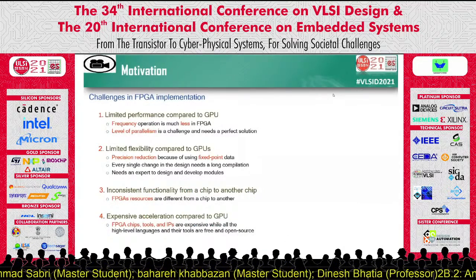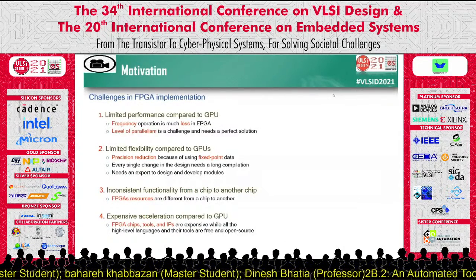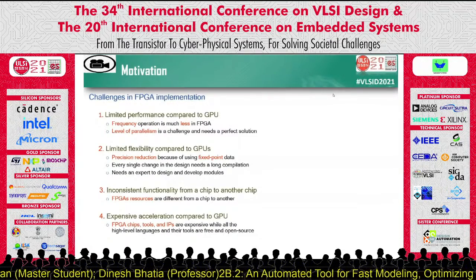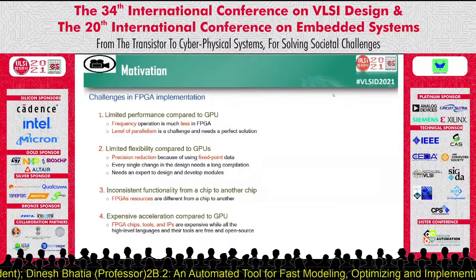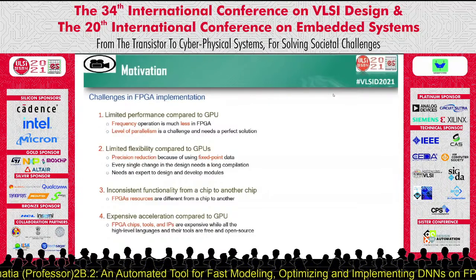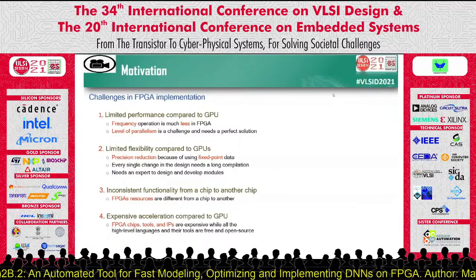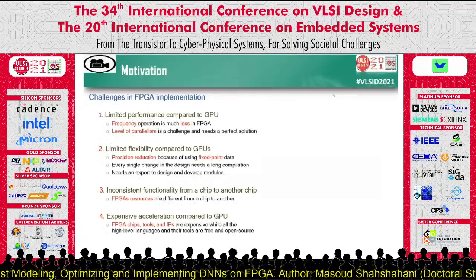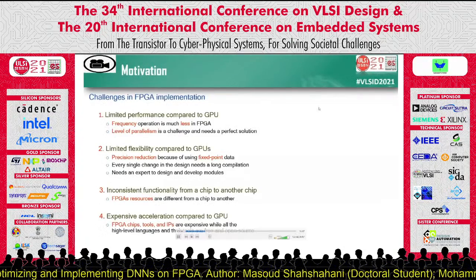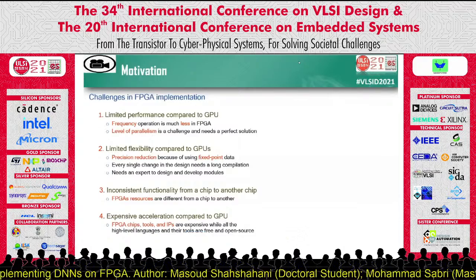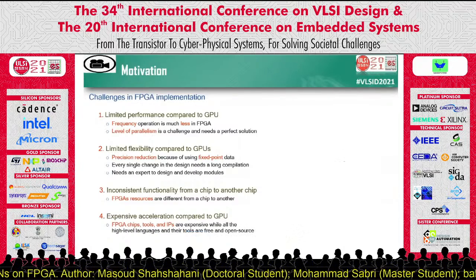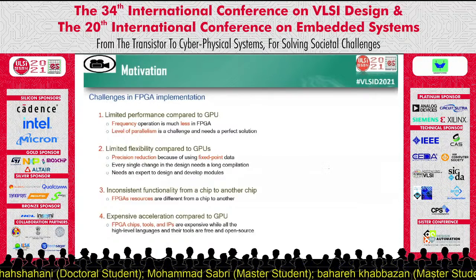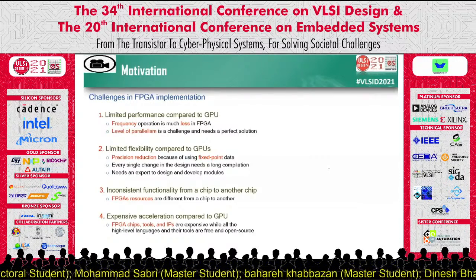In this slide, I will show the challenges or difficulties in FPGA implementation for any kind of application. It's not just implementing DNN accelerators. There are some important differences between implementing with GPUs and using FPGAs. If I want to mention the most important, it's so dependent on the amount of available resources on that platform, so it can change from one chip to another. But in GPUs, you don't have these difficulties, as you have a much larger amount of available resources.